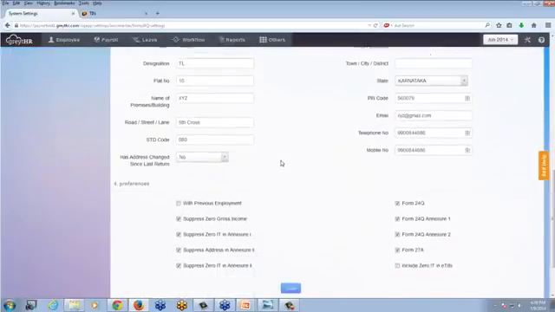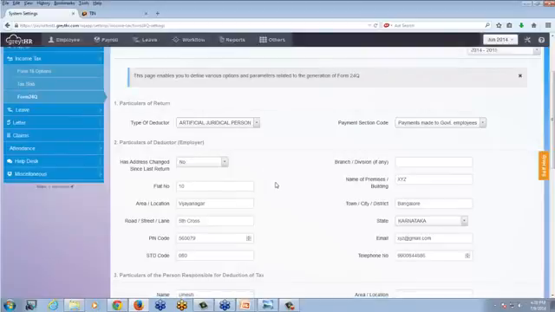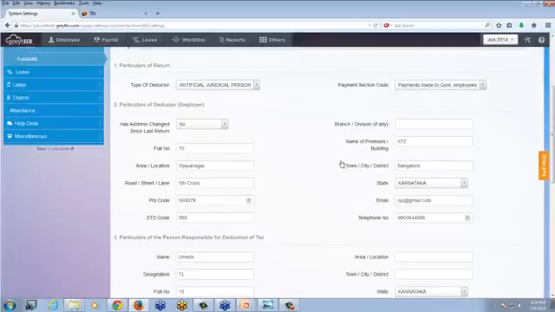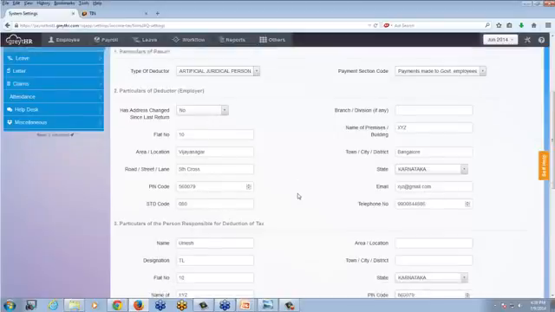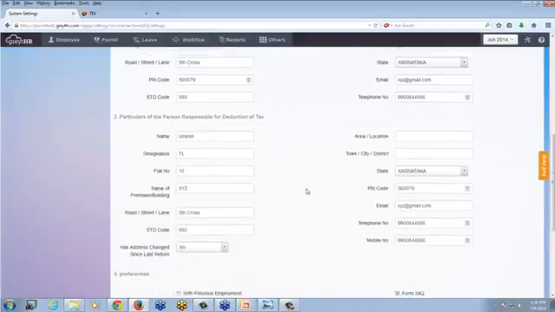Initially you'll be updating the employer's details here: the company name. This is a dummy login that I'm using, so I've used dummy information to fill in the company name and the complete company details, including the address, email ID, phone number, and particulars of the responsible person for deducting the tax.